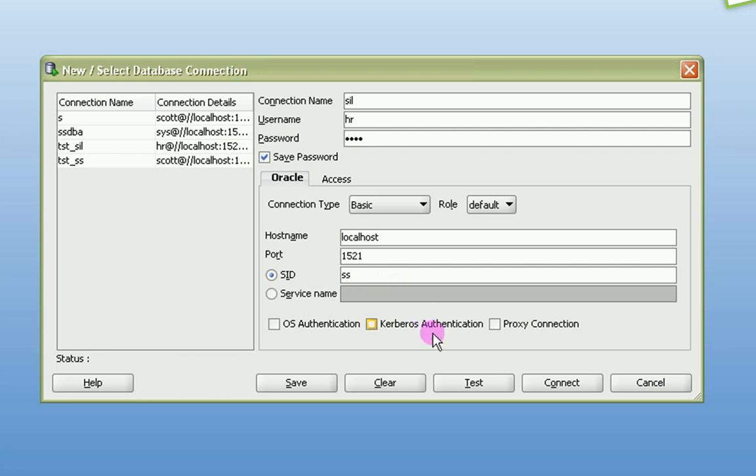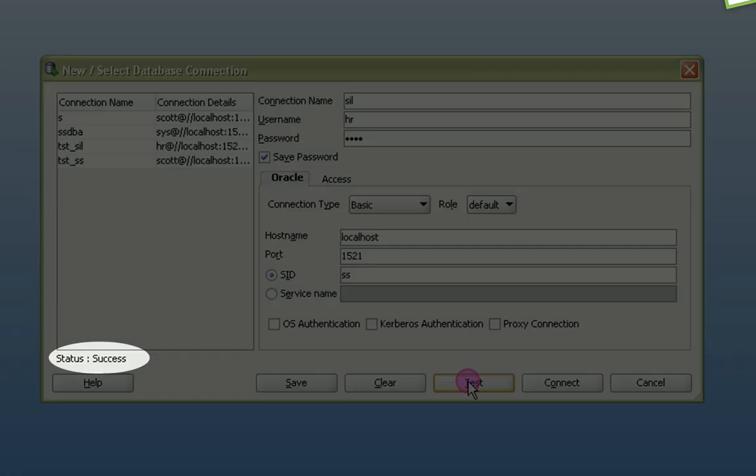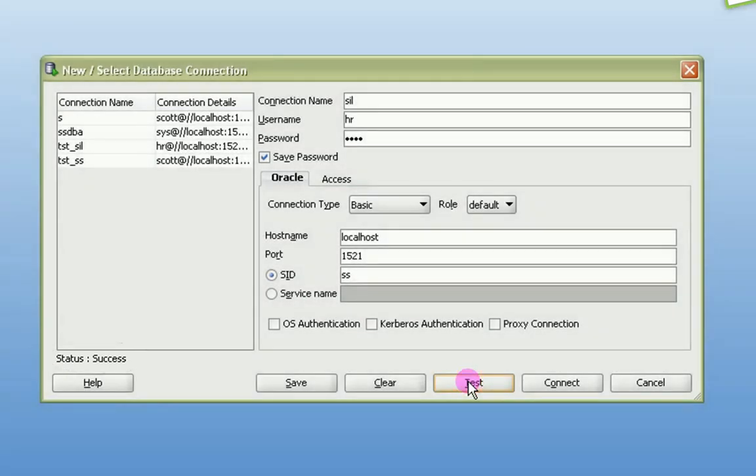Then we can check whether we are able to connect to the database by using the test button. If we click the test button, and we have entered valid credentials, then it shows the status success, which can be seen in the bottom left side, status: success. Then we can click the connect button.